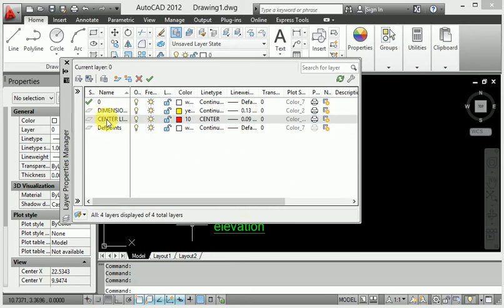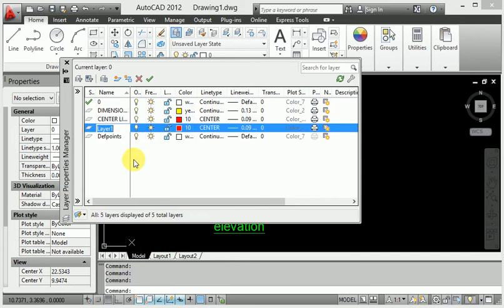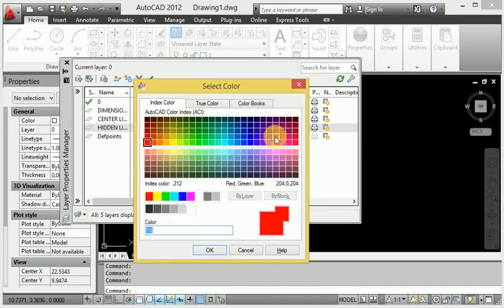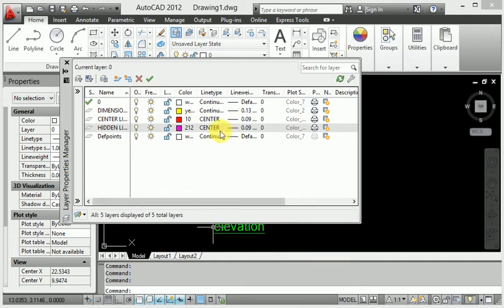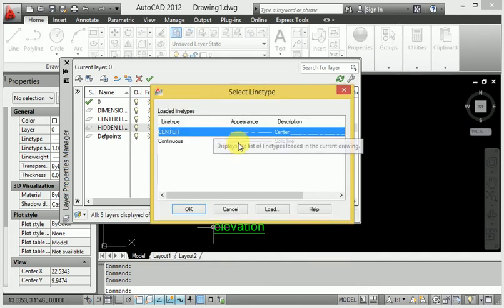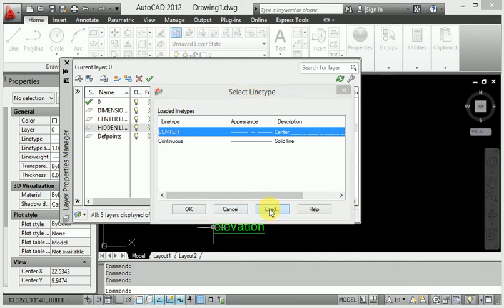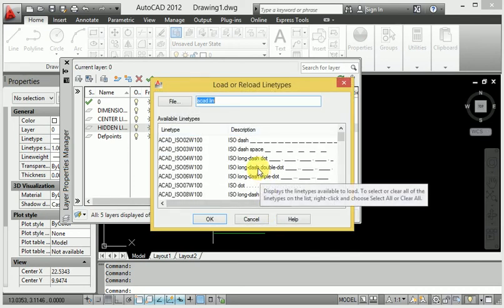Now right click here and new layer. If I set the hidden line, when you write hidden line, I provide the color. Hidden line is this color. Then change the line type: go to load here and apply the hidden line.